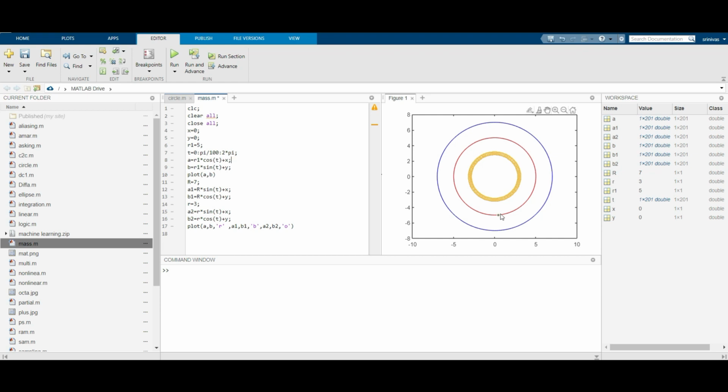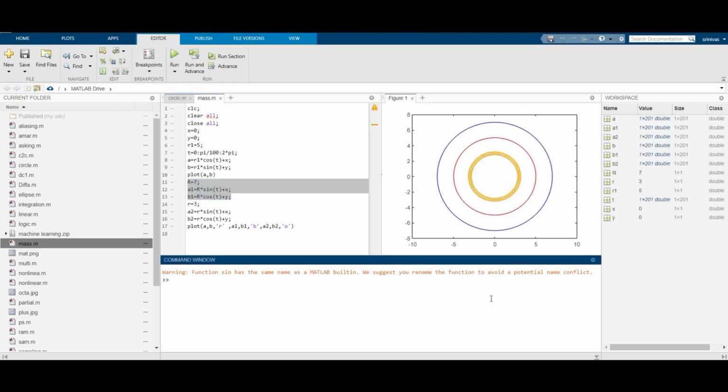You can also change the center values according to your opinion, but for the sake of executing it perfectly, I am taking the center values the same for all the circles. Next, which is in blue color having radius of 7, a1 b1. You can clearly observe that here r equals 7. So this is 5. You can go a little bit further, then this point indicates radius 7 having center 0 comma 0. So in this way the concentric circles using MATLAB are done.